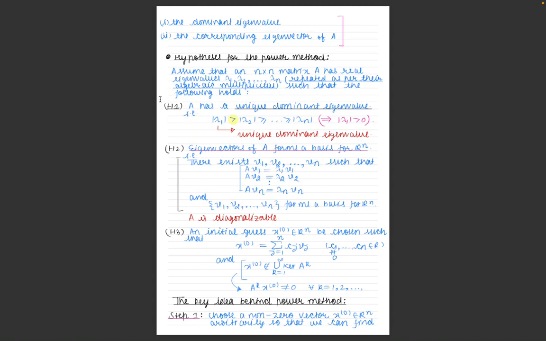It means that there exist vectors v1, v2 up to vn such that A v1 is lambda 1 v1, A v2 is lambda 2 v2, and A vn is lambda n vn. And this set v1, v2, vn